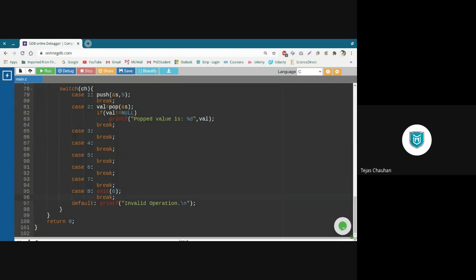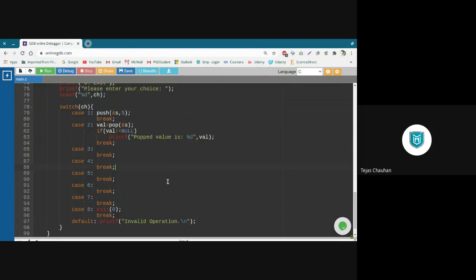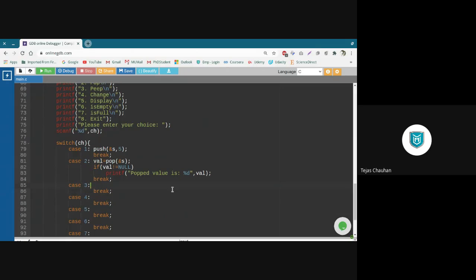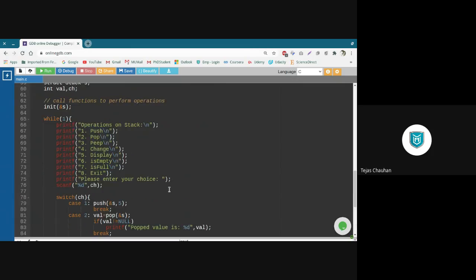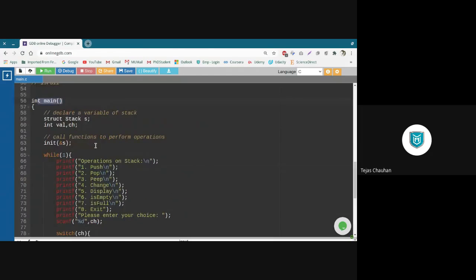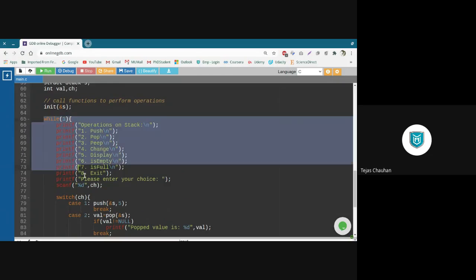So that will terminate your program. Otherwise, it is going to run this loop, and every time it is going to ask the user to select an option, and based on that option, it is going to call those functions. Right? So we have changed our main code to menu-driven code.